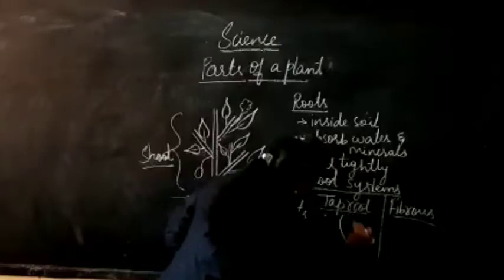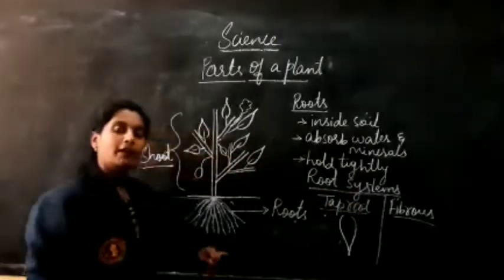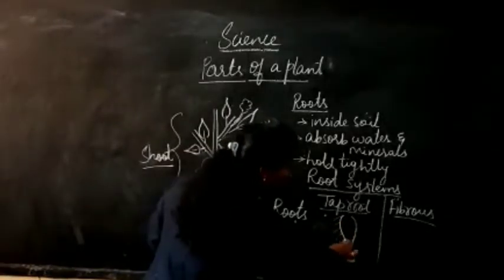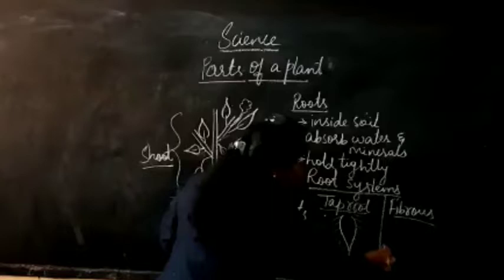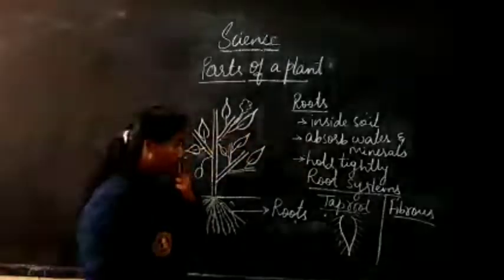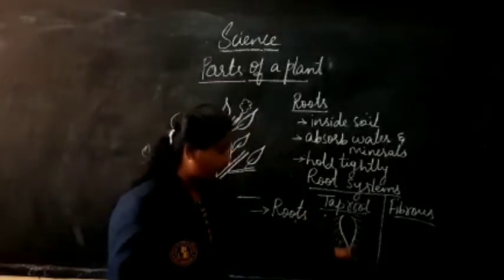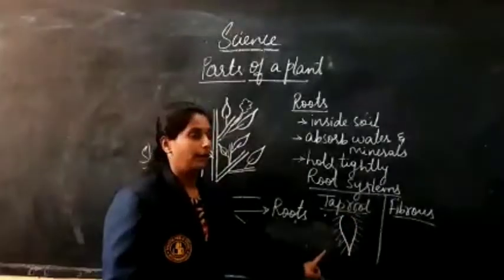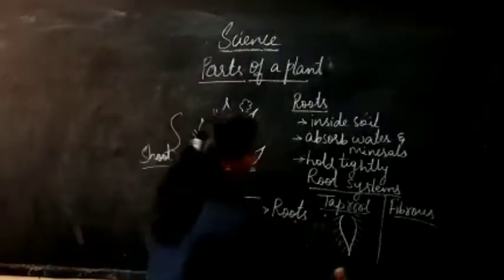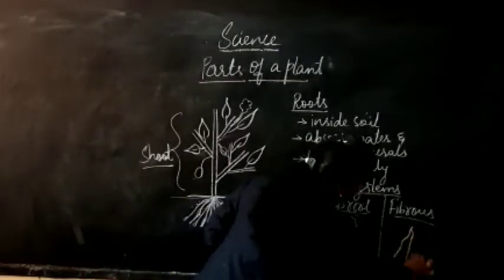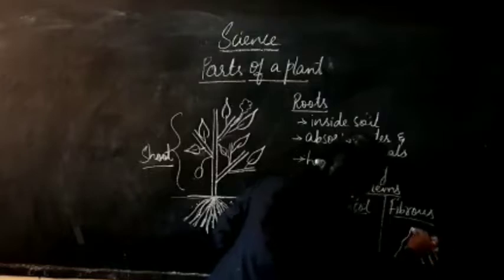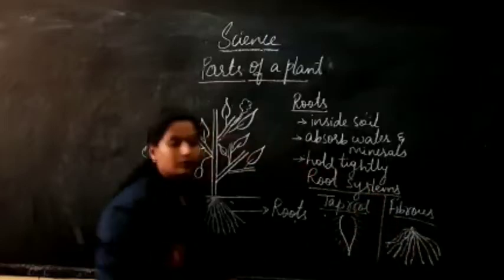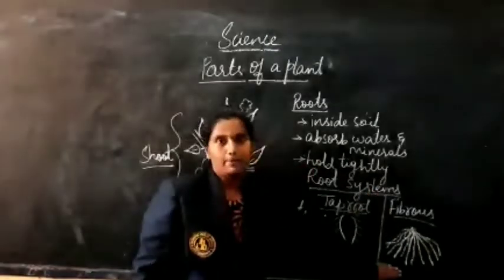Taproot, you can see the one main root. One main root is arising, and from that main root you can see small hair-like structures called lateral roots. So, in the taproot system there will be one main root, and again from the main root a number of lateral roots are coming. This is one type, that is the taproot system. Coming to the fibrous roots, a cluster or group of roots arises at one point in the root. This is about the fibrous roots.